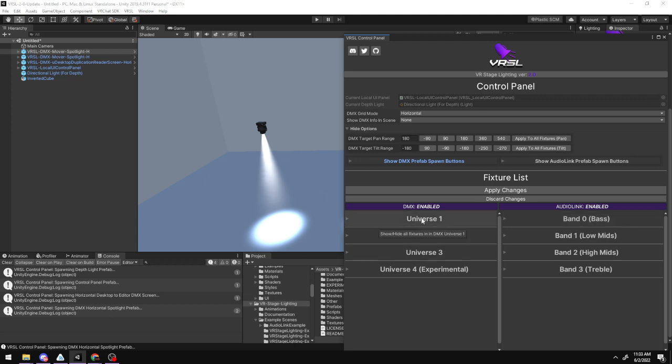This will show you what fixtures are in your scene based on what universe they're in when you're in DMX mode. You'll also see up here at these purple buttons, this actually disables or enables the DMX or audio link features, specifically the render textures they use to control the lights or whatever shaders you might have. Since we're not using audio link, we can disable audio link, and that will disable the render texture inside of the editor, which will give us some more frames within the editor. Of course, this doesn't really affect how it works in VRChat, but this is just nice to help with the profiling